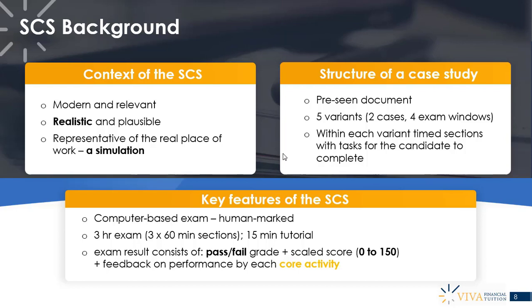The core activity is a new concept for the 2019 syllabus. Some of you who took exams under the old syllabus would remember CIMA had something called competencies. They were the technical, business, leadership and people skills that you had to demonstrate proficiency in if you wanted to receive a pass. I think CIMA has done well to do away with those in the 2019 syllabus, because students were overly concerned with hitting their targets for each of the skill sets, and we were always telling them, look,